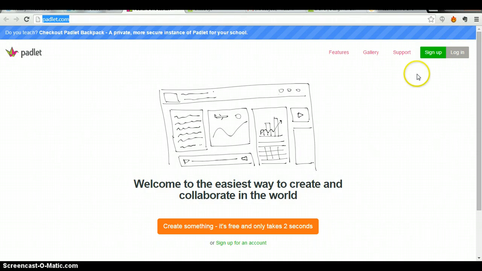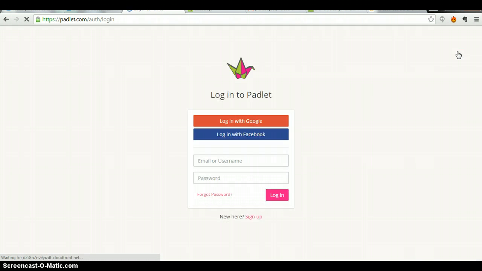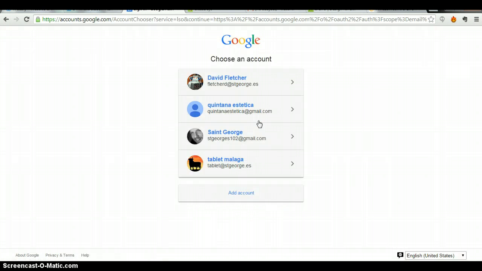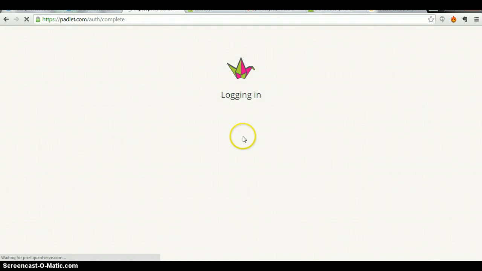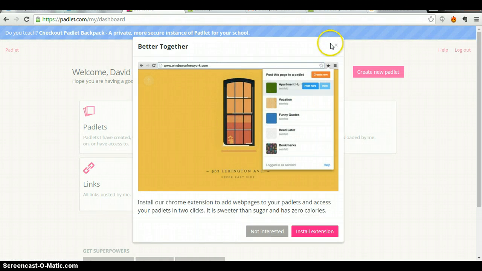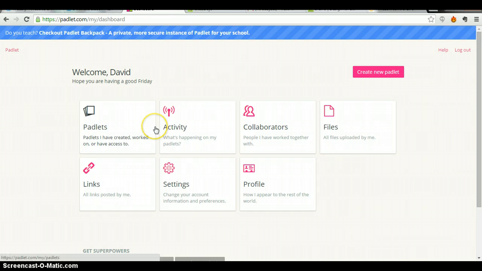So very quickly, Padlet, when you get onto the program, you do need to sign up with your email, or you can log in. If you have a Gmail account, it will allow you to do that. So I'm going to do that now. Okay, very simple, straightforward. When we get onto this site, it's worth you spend some time looking around, looking at some of the different settings, etc. But to create a new Padlet, we just click on this button here,